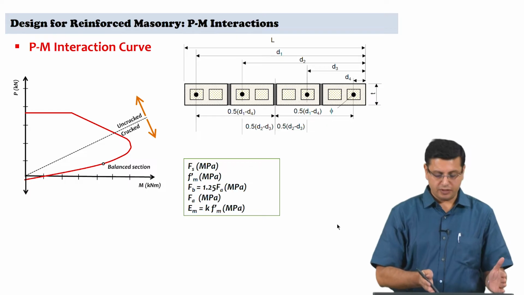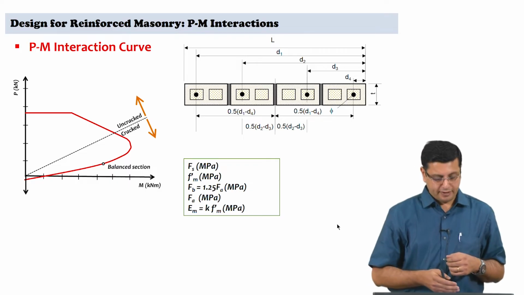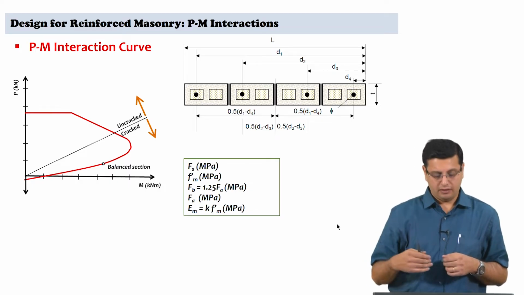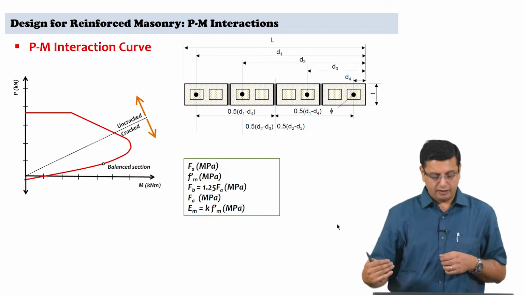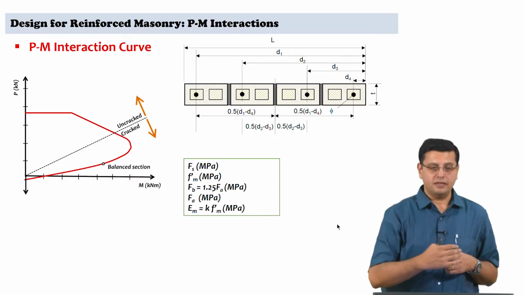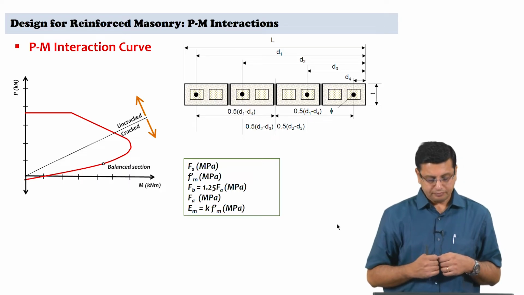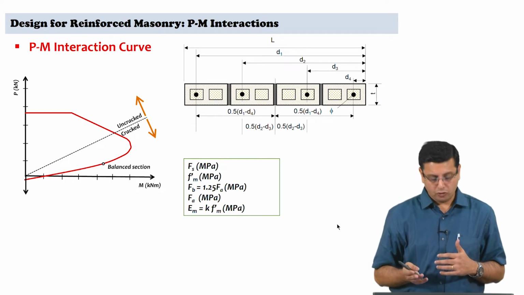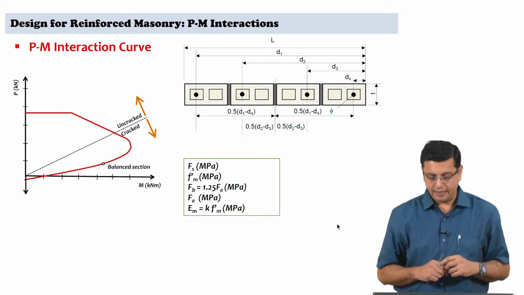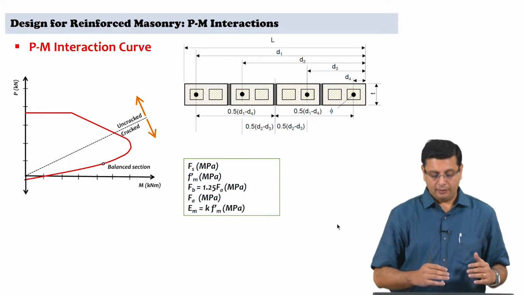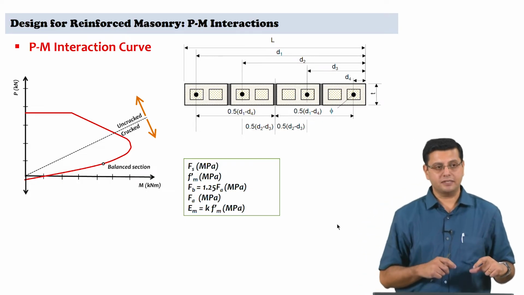And primarily, it is important to understand that we consider there is a portion where the masonry cross section is uncracked, and then a portion where the masonry cross section is cracked. And in this region where the masonry portion is uncracked and once cracking occurs, till you reach the balanced section, the masonry compressive stress is governing, is controlling. Beyond that, you have the situation where it could be controlled by compression or could be controlled by the tension with the permissible tensile stress in steel, and that part of the interaction curve where beyond the balance section,